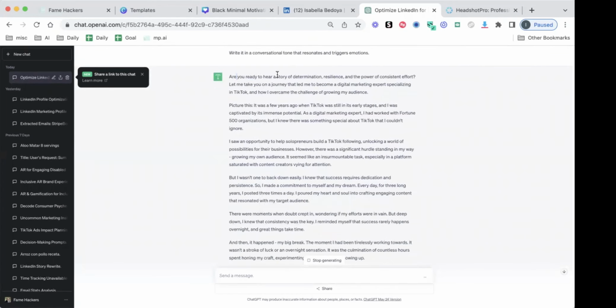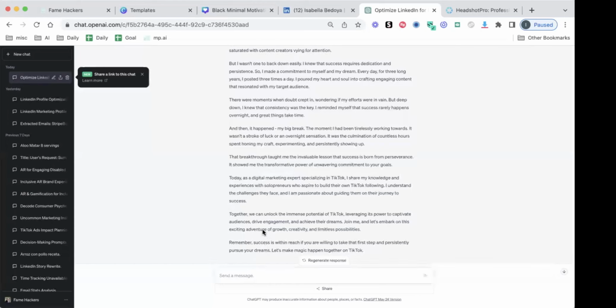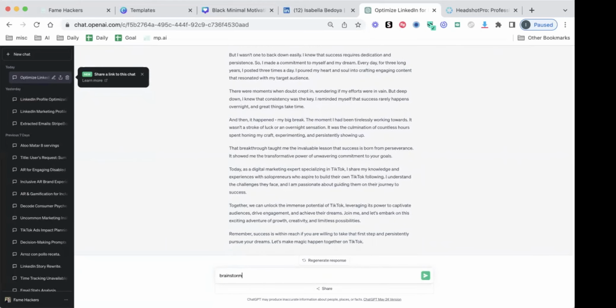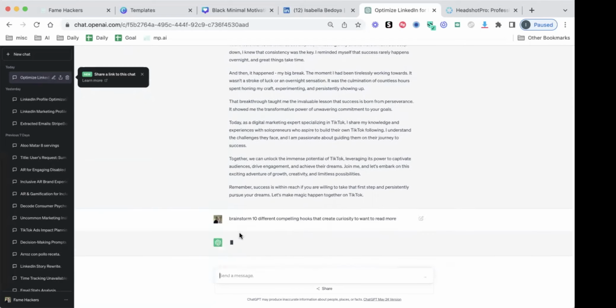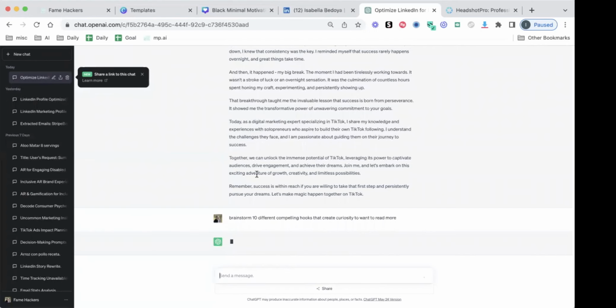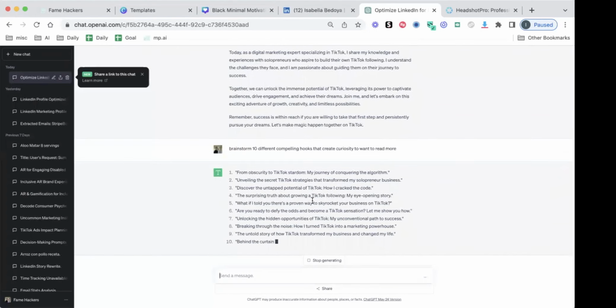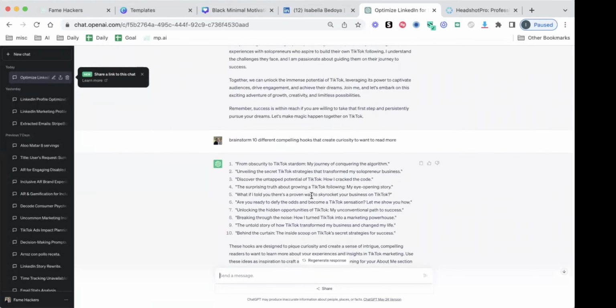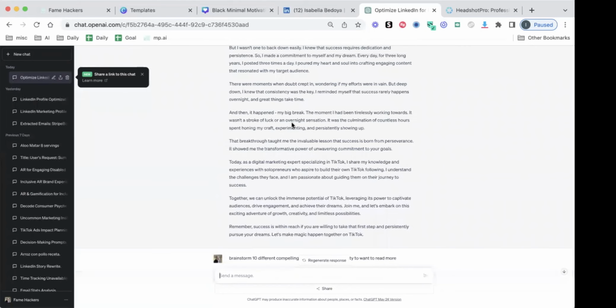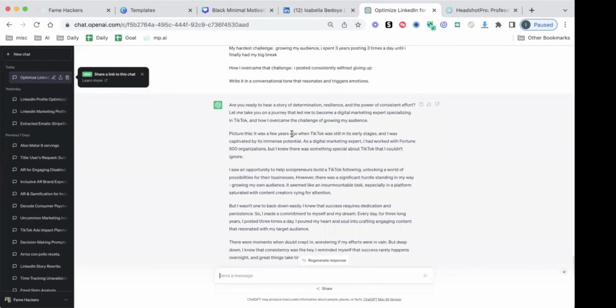I probably would choose more compelling hooks. So I would say brainstorm 10 different compelling hooks that create curiosity to want to read more. And there you go. So you can pick one of these if you like it, and then just grab all of this, read it, edit it, make sure that it actually sounds like you, that it makes sense,